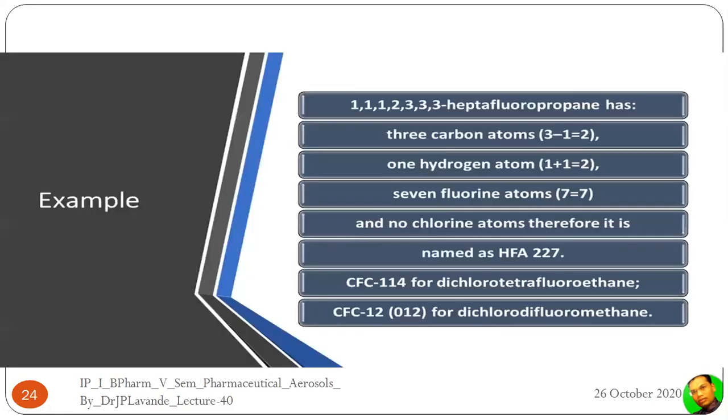Then if you see the examples, here you can see 1112333 heptafluoropropane. It has 3 carbon atoms. So 3 minus 1, that's why it is 2. 1 hydrogen atom, so 1 plus 1, that's why it is 2. 7 fluoro atoms, that's why it is 7. And no chlorine atom, therefore it is named as HFA 227. CFC114 is for dichlorotetrafluoroethane, and CFC12, that is CFC012, it is for the